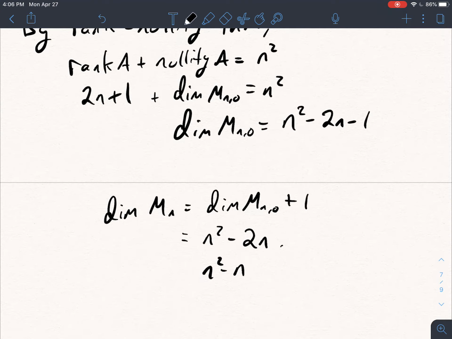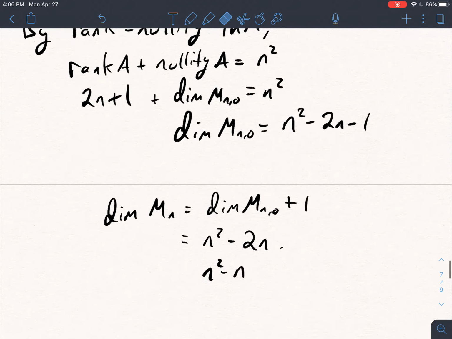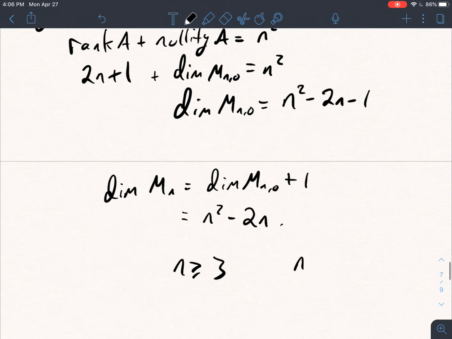I was a little confused. I think this is probably a typo. In the book, they said that it's equal to n squared minus n. Maybe I'm misunderstanding something. Maybe I'm missing something, but I think that was a typo. If you think that I'm misunderstanding something and you notice that the book did not have a typo there, that it's really supposed to be n squared minus n, let me know in the comments below. I'd be interested to hear. But anyway, the upshot of all of this is that we can count how many n by n